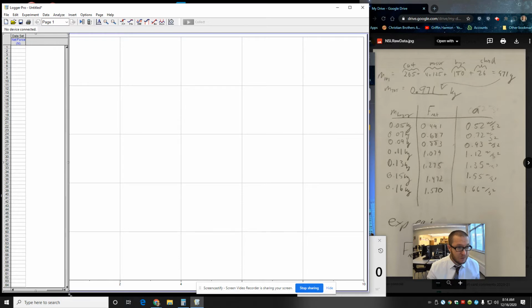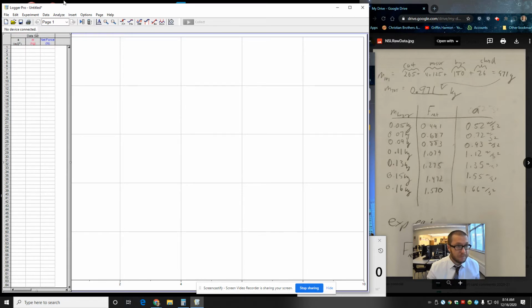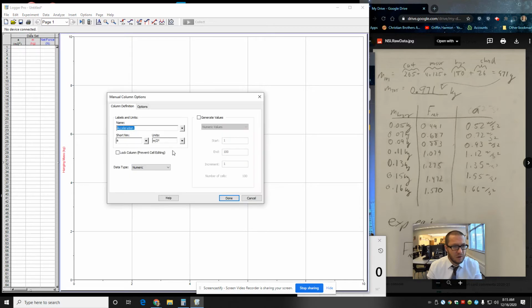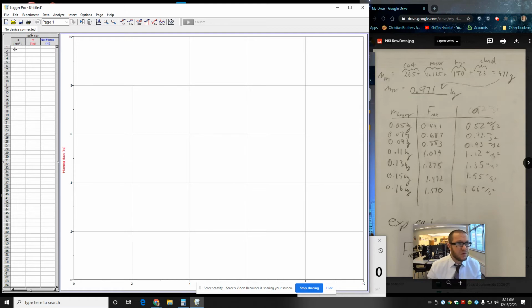Now, it's a little bit hard to see, unfortunately, because I have Logger Pro. When you shrink it, it makes this almost impossible to see. Oops, and look at that. I have the wrong unit on here. I have meters per second. Whoops. Maybe some of you noticed it as I was doing it. All right, 0.52, 0.72, 0.93, 1.12, 1.35, 1.55, 1.66. I'm using the number pad to quick enter those and then put the arrows down. Now the mass is 0.05, 0.07,